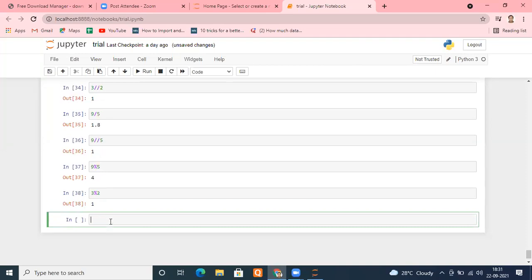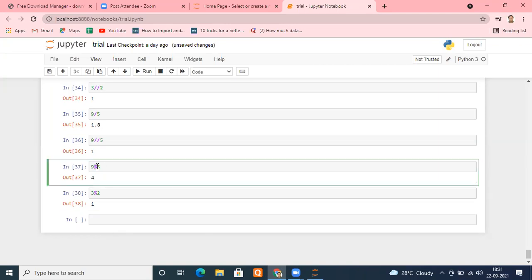Can anybody tell me smartly where we can use this modulus operator? In any application? Find even or odd, sir. Yes, very good. This is the best answer. We can also use it to reverse a number. Anywhere, if you want to check, there are lots of applications, like if you want to get the last digit of a number one by one. Yes, perfectly fine.